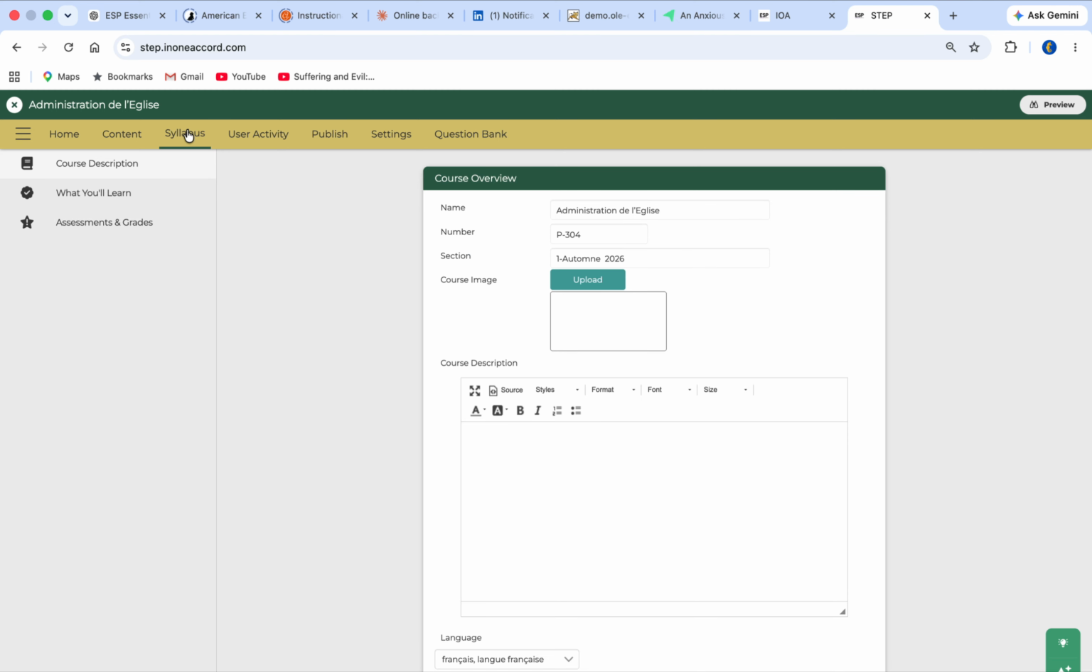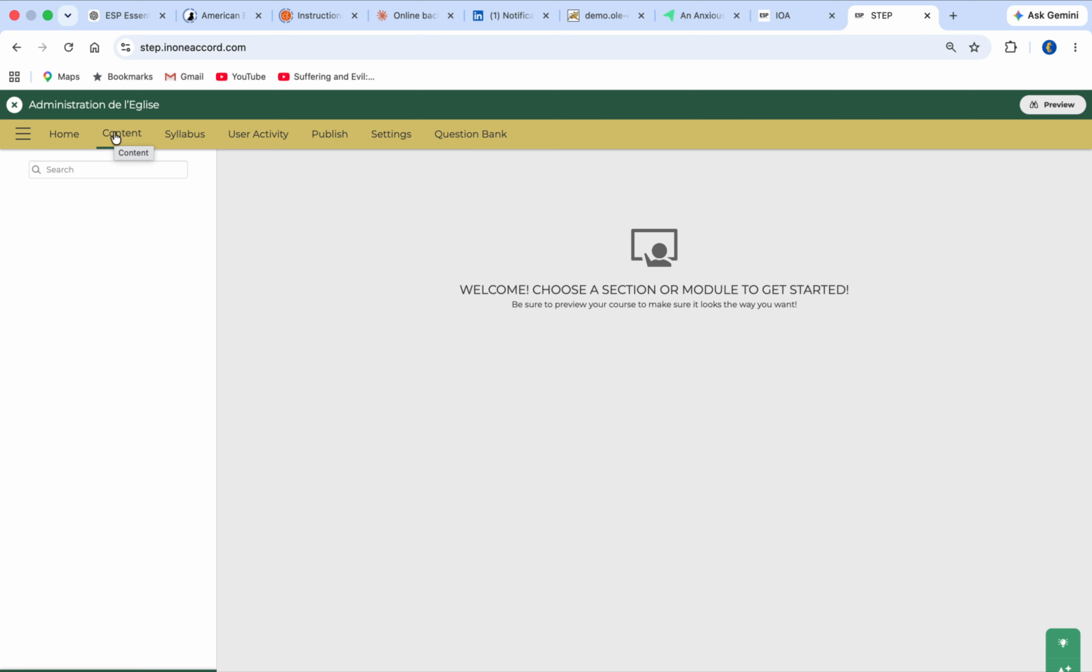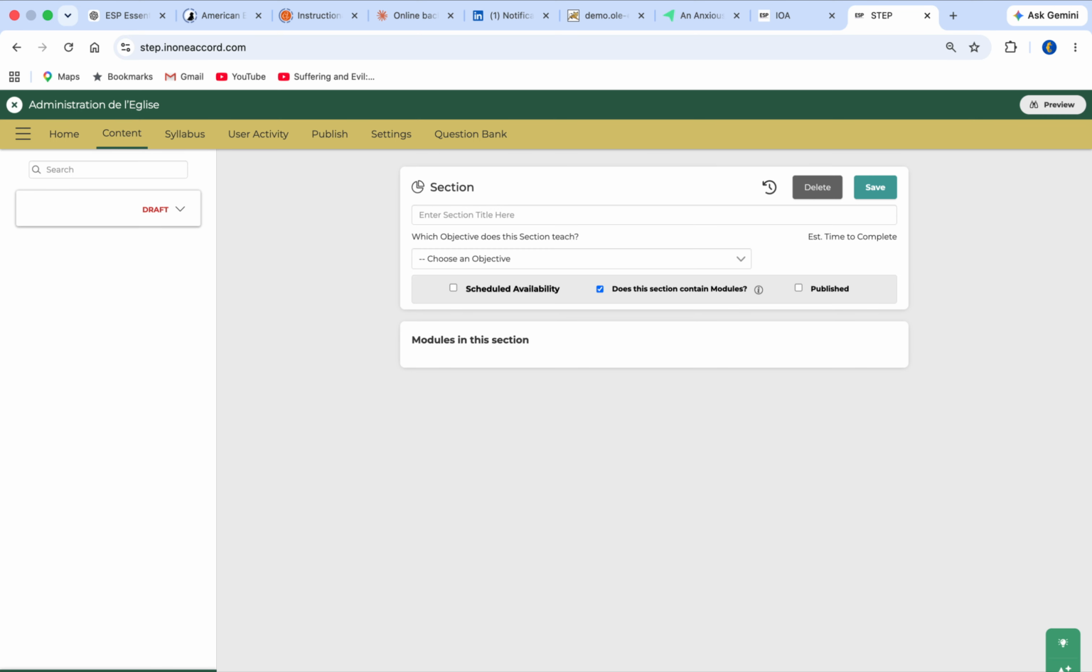All right, fill out the syllabus. Now you're ready to fill out a couple of other things. Now you're going to fill out the actual content of the course. When you do, it starts off with sections. And these are like big picture sets. So this is like